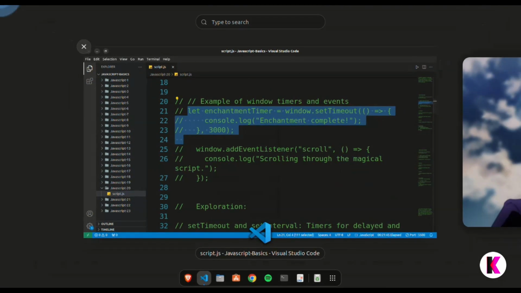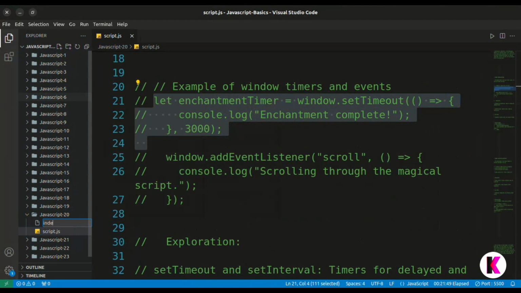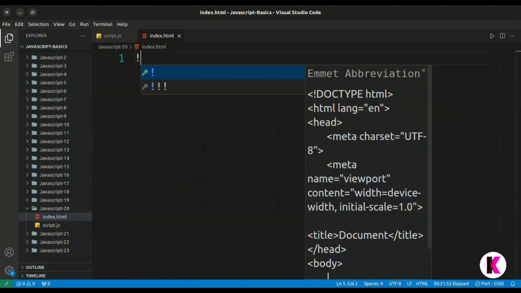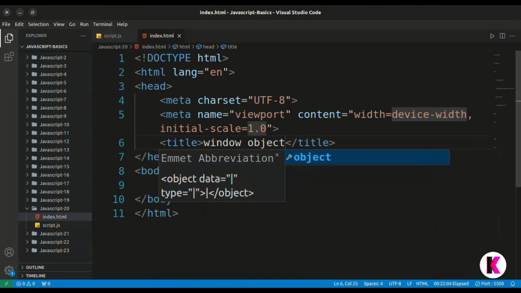So first we have to make an index.html, and here with the power of Emmet, first we will give the title to it, window object part 2.